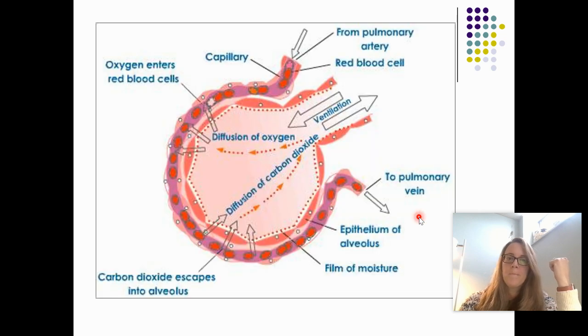And again, ventilation is the actual movement of air in and out of us. It's actually the first phase of respiration, called pulmonary ventilation. And so what this is showing is that oxygen is going to be diffusing into our blood, and carbon dioxide is going to be diffusing from our blood into the alveoli to be exhaled. And as we remember, you have the pulmonary artery that's going to be coming from the